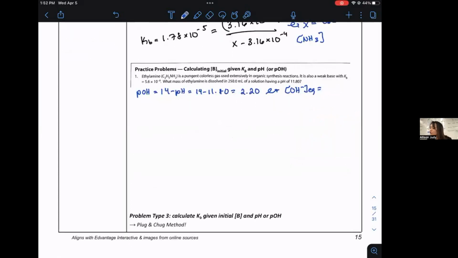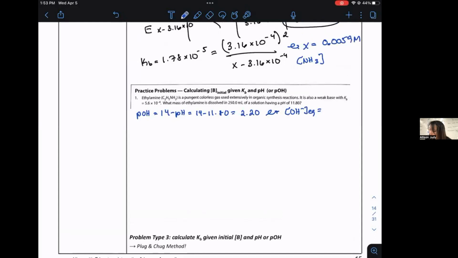So for this one, what you should have noticed is that you were given pOH or pH. So you had to figure out what the pOH was. And this is at equilibrium values. So you would have figured out that the pOH is equal to 14 minus the pH of the solution at equilibrium, because we assume you mixed the solution, right? So if everything's thoroughly mixed, the equilibrium concentration for the hydroxide ion produced, the base, is 0.00631